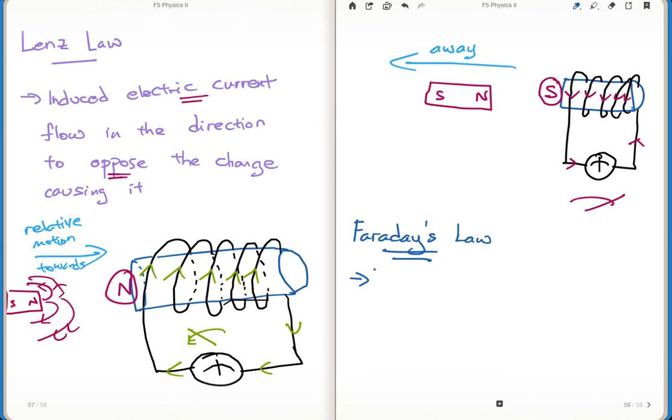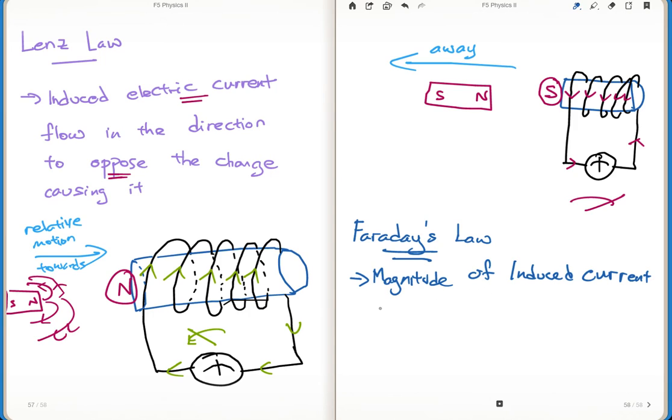It says the magnitude of induced current, or electromotive force EMF, but induced current actually,